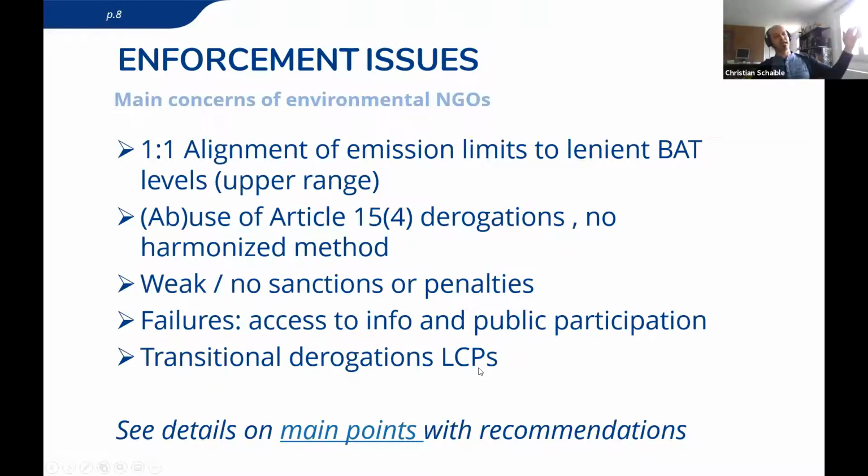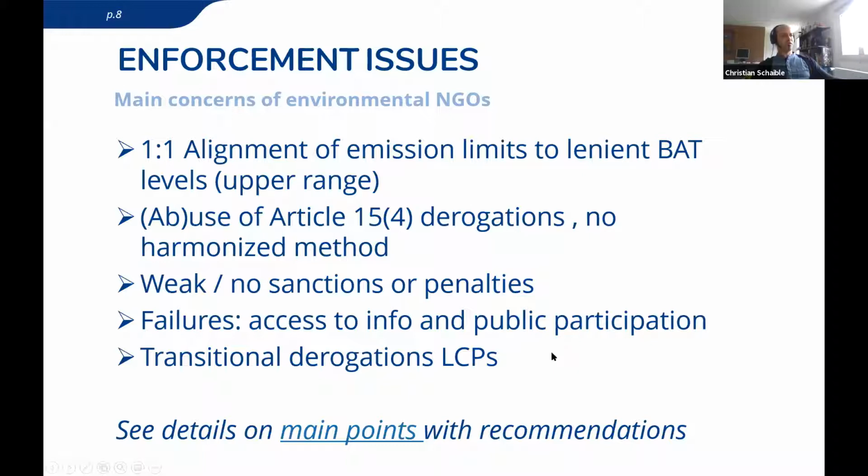And also, besides that, there's no sanction or penalties system. If you look at the UK, for example, they have higher penalties. If you go to Romania, you pay peanuts, you know, so you just breach the law. Why would you pay double-digit millions of euro to comply with the standards for the retrofitting, if you can pay 20,000 euro? I would just pay 20,000 euro as an operator and continue operating. So this is a big failure. And in the market rules, normally it's 10% of the annual turnover of the whole company. This is a real penalty. This really hits. We don't have that in the IED.